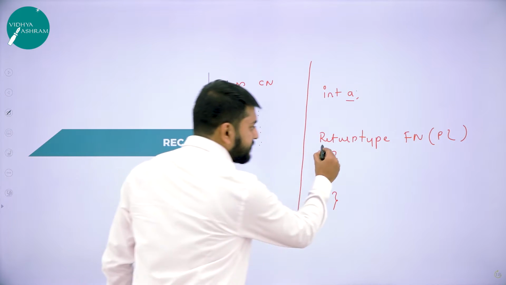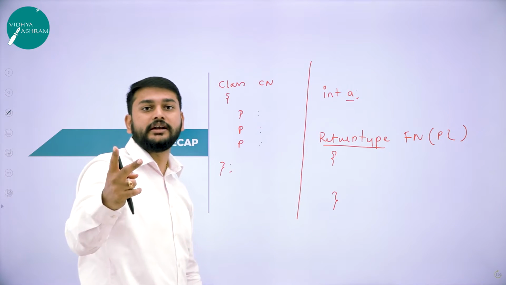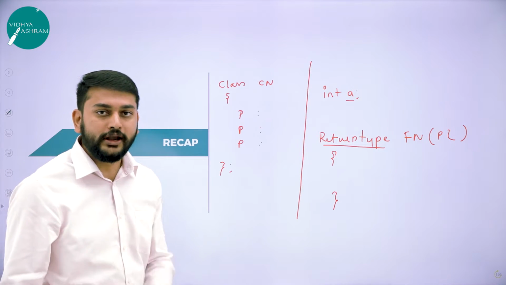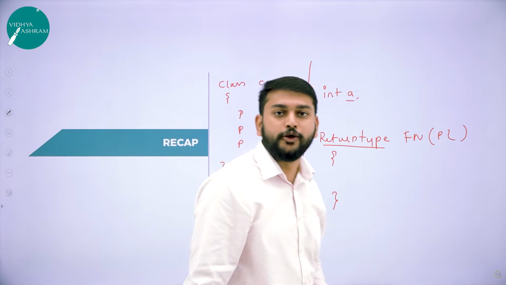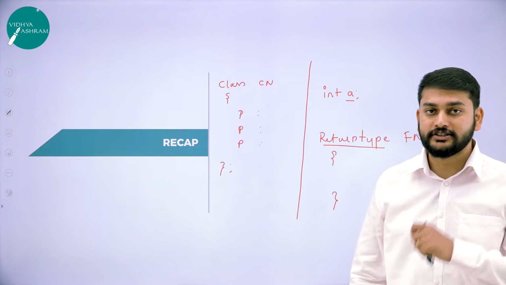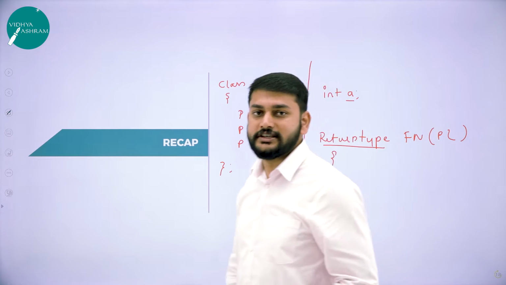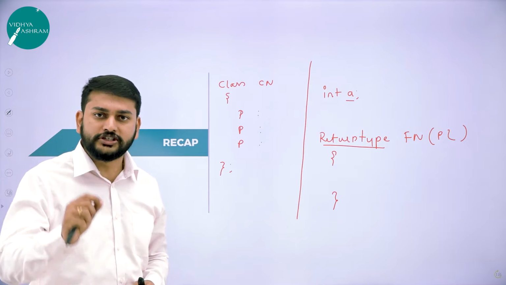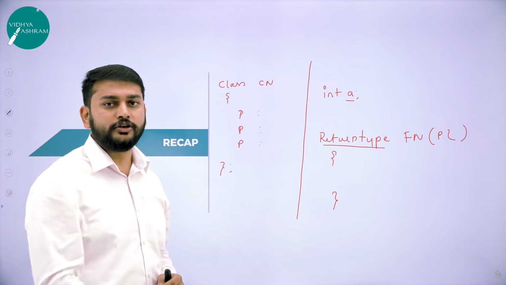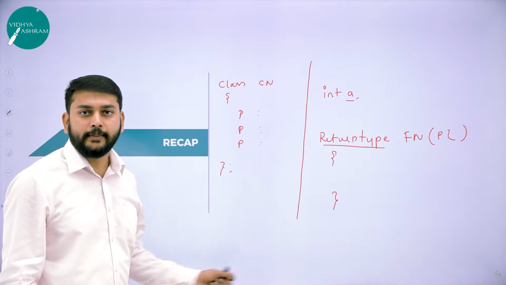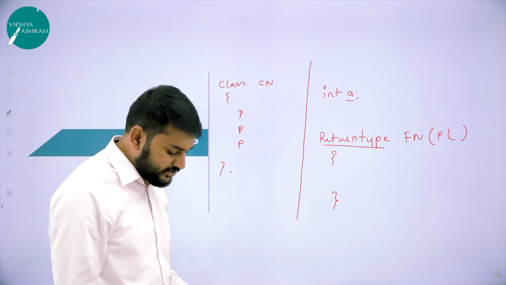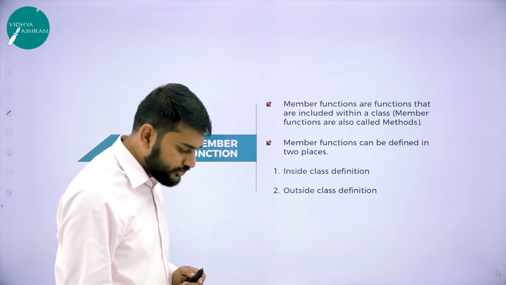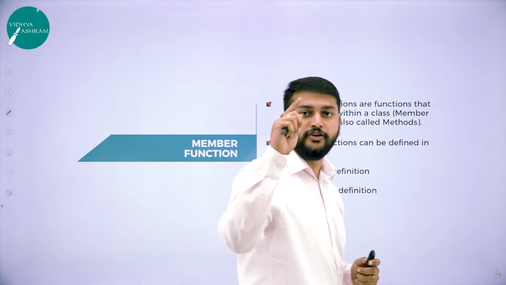And also we discussed the return types, in the sense how many return types we have. We have 2 return types: int and void. Int in the sense it returns the value, void in the sense it does not return the value. This is what we discussed in the last 2 sessions. If you want to watch in detail, please go back to the videos and watch and come back to this video.